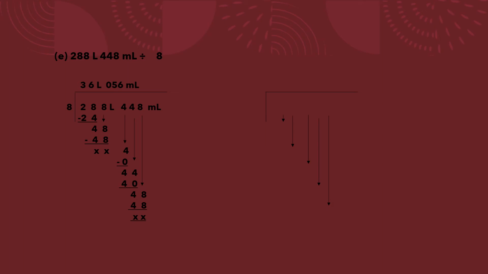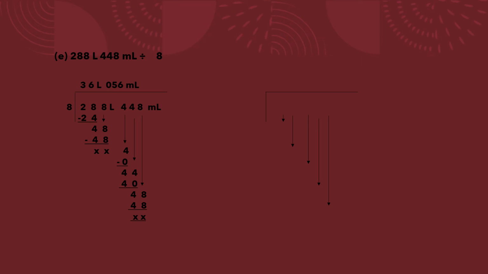The first number is 4, which is smaller than the divisor 8. So you will write down 0 above on the quotient and then you will bring down the next number. It will become 44. Now read out the table of 8. 8 5s are 40, 8 6s are 48. Now that will be bigger than 44, so you will take 5 times. 8 5s are 40. Now you subtract 44 minus 40. The answer will be 4. Then bring down the next number.